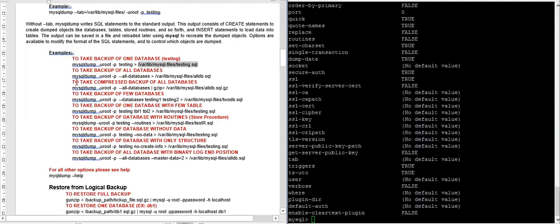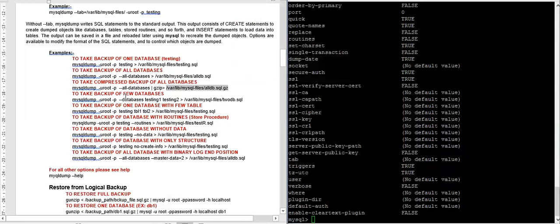And our third option is how to take compressed backups, and when we can use a compressed backup. If your database size is very large, like suppose 100 GB or 20 GB, and you would like to save some space on disk, then in that case you can do a compressed backup. What we have to do is just type your dump command and the databases. If you want to take all databases, then write that here, then pipe, then gzip, and redirect it to some file with the path. Okay.